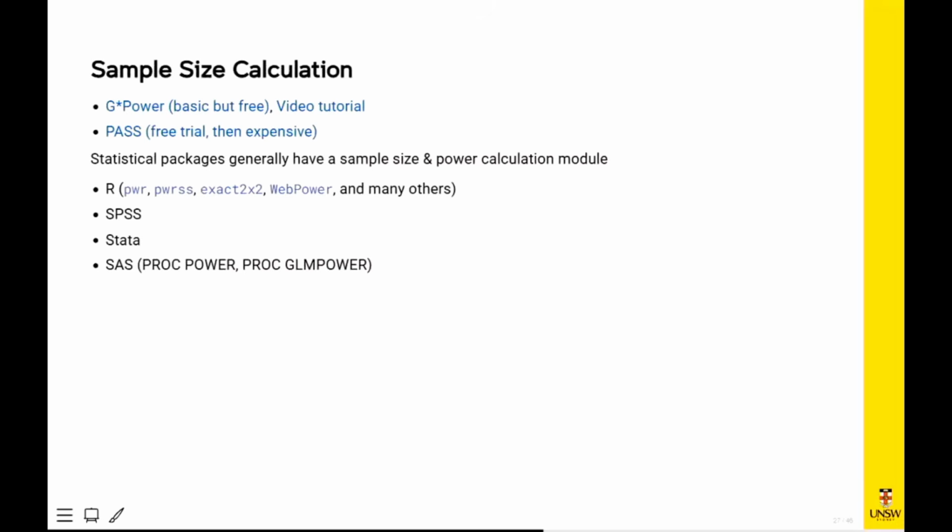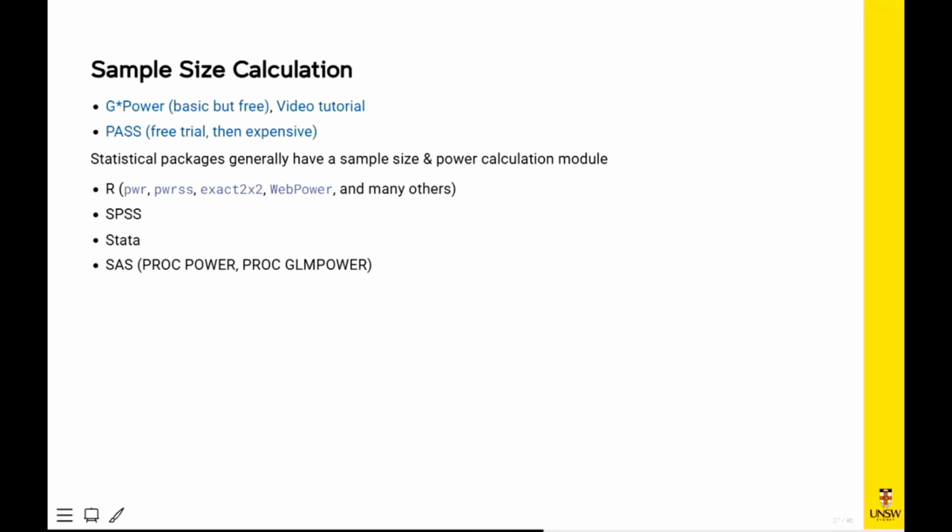When you are doing this, you have lots of tools available to you, and not all of them are proprietary software. You can get G-Power, which is free. You can download it, and it's got lots of different research situations, and you can generate a sample size calculation that way. It's relatively basic, so it has lots of really common statistical models that you can get sample size calculations for,